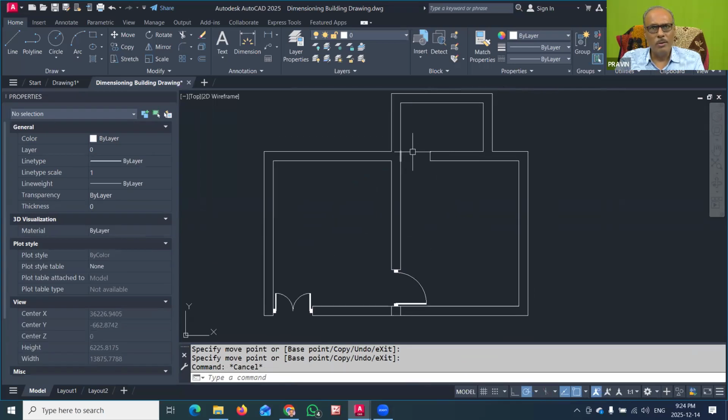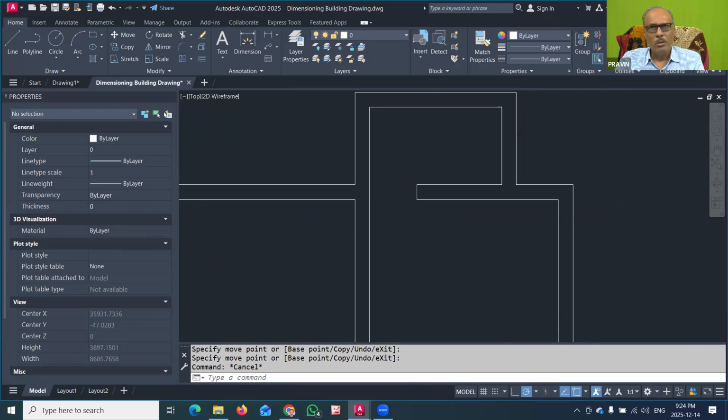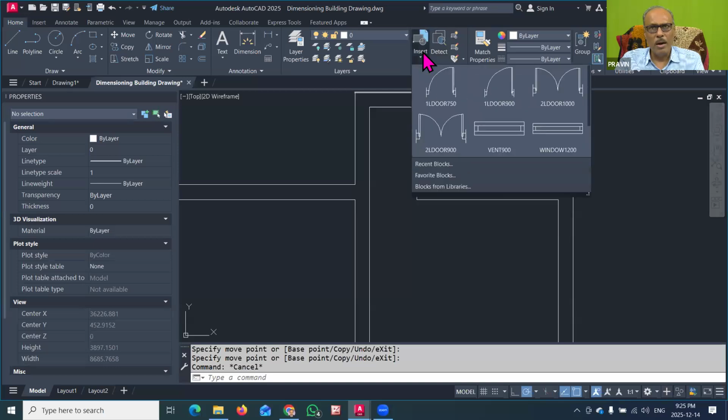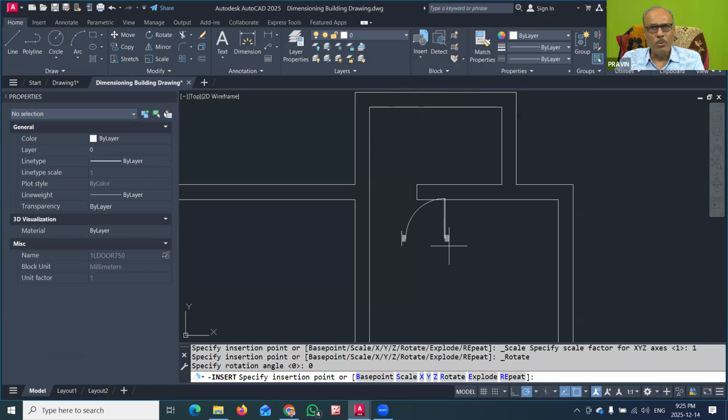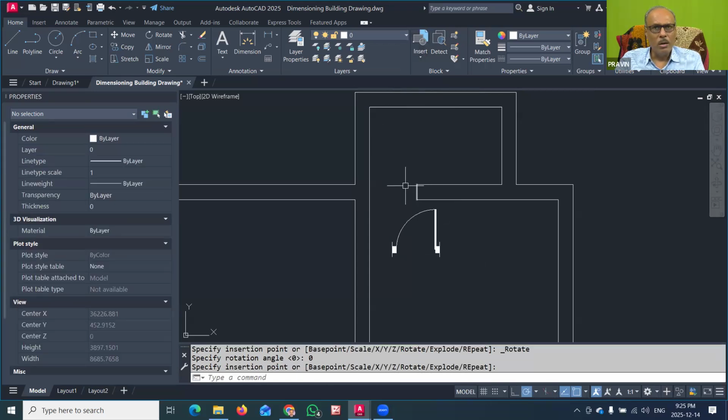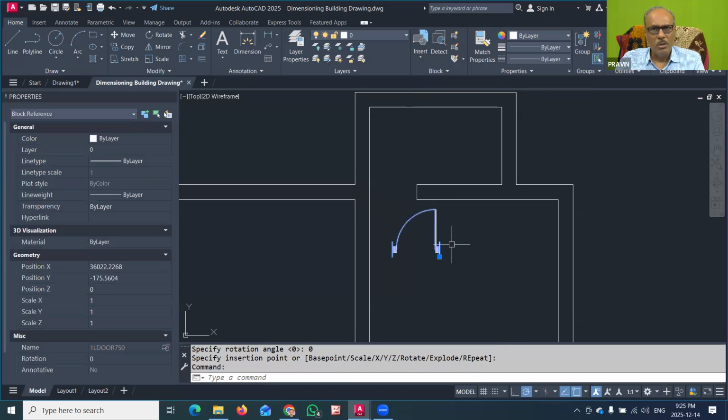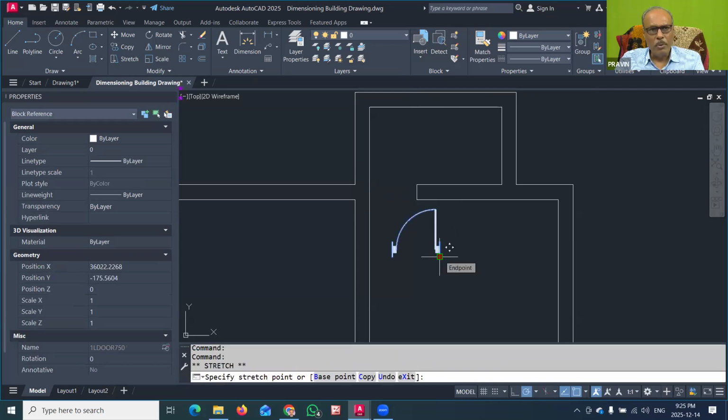Here again you want a door symbol for the toilet door. So again go to the insert block command. Now choose this lift door of 750 and you can keep it here. But now again its direction is a little bit changed. So you can either rotate or mirror this. So I will go to the grip mode, press the space bar, move, rotate, scale and mirror 4 times.